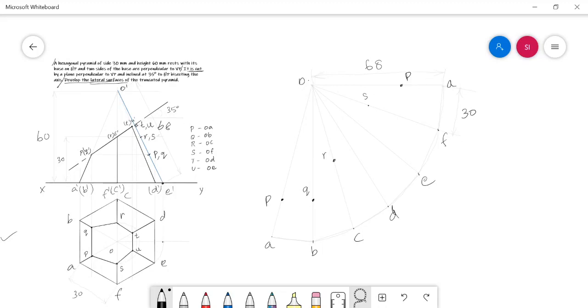And the cut points T and U distances can be measured from O dash to T and U in the true slant length line, and then mark them in OD and OE respectively. In OD, point T; in OE, point U.